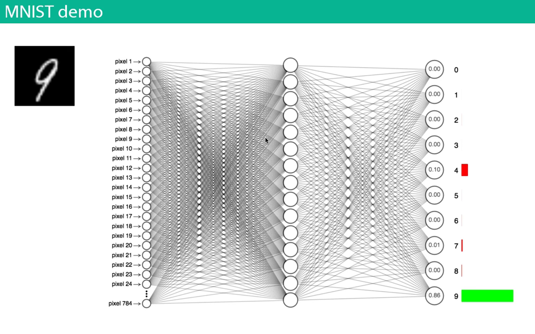So the pixels on the left are dictated by the quality of the pixel in the image, whether it's a 0 or a 200, right? What about the weights? How do you decide on what the weight is? That comes from training, and we'll get to that. Initially the weights are random.